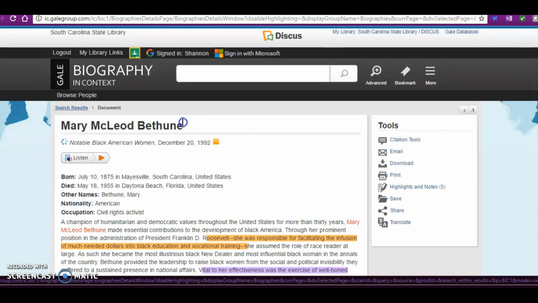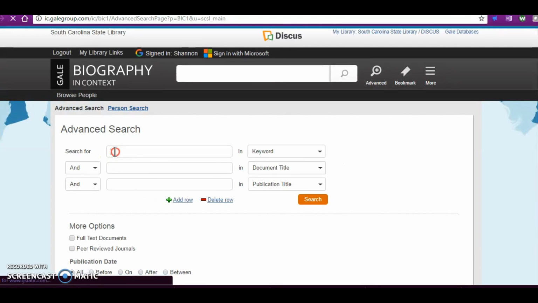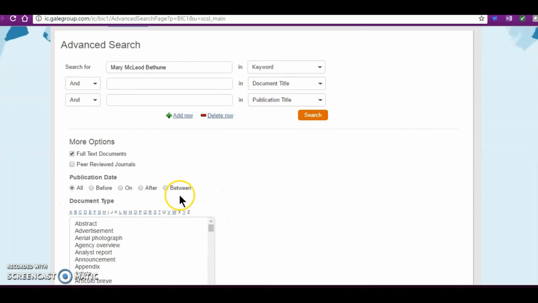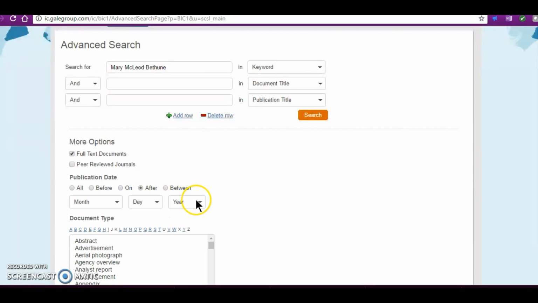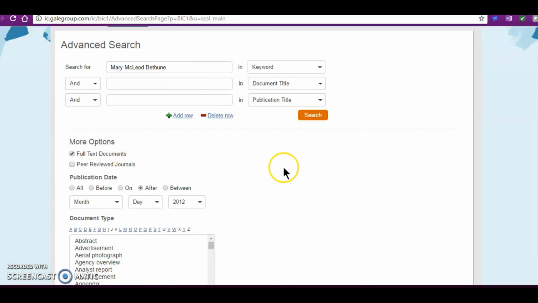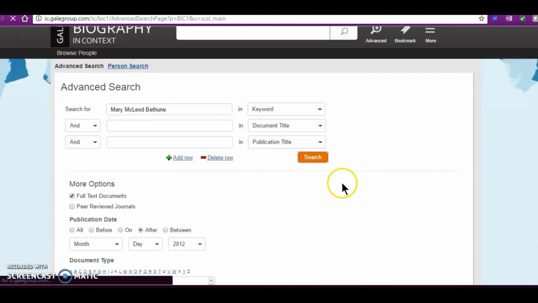Another piece of information is if you would like to get other resources about Mary McLeod Bethune, then you may select her name, copy it, go to Advanced, and paste her name in this search for. Keep it on keyword. I would suggest changing it to full text documents. And if you'd like to narrow down your searches to more recent ones, you can click After 2012. I do suggest leaving everything else the same. Now clicking Search,